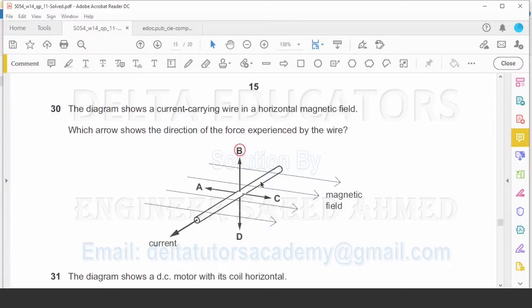One thing you should remember here, that in the right hand grip rule, for the current we use conventional current. Conventional current means current because of the flow of positive charges. If the current is because of negative charges, then the direction will be opposite. Suppose the direction is for conventional current, then if the current is because of electrons, we have to consider the opposite direction. Okay, so here the correct answer is option B.